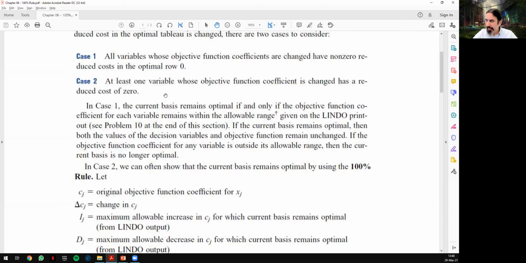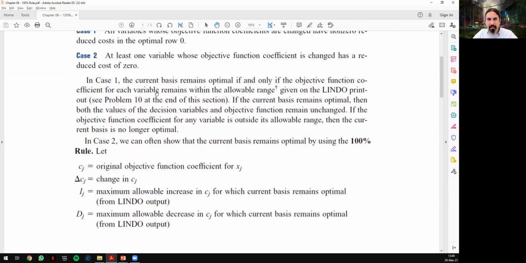But in the second case, if at least one of them is a basic variable or part of the alternative solution, which has a reduced cost of 0, then we have to check their allowable increase and decrease values. Now, using Lindo here would be very nice as well, so I will get back to it. But the thing is, when you have,